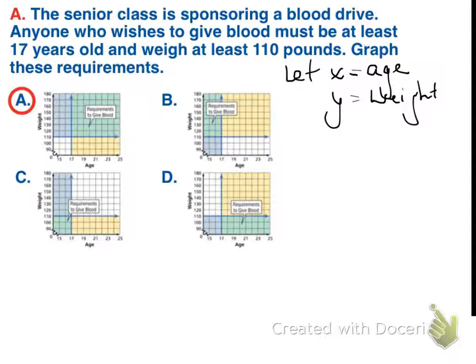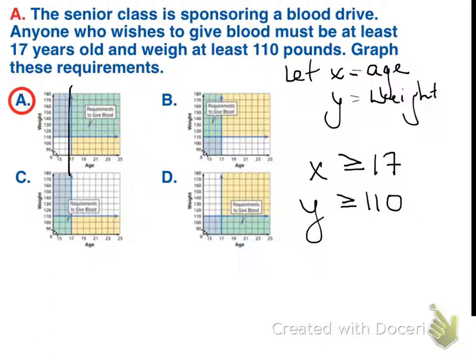So if we got x is the age and y is the weight, we know that they must be at least 17 years old. So that means they have to be greater than or equal to 17. And they have to weigh at least 110 pounds. Same thing, greater than or equal to 110 pounds. So these equations are going to be horizontal or vertical lines. So you notice x is greater than or equal to 17. That's a vertical line